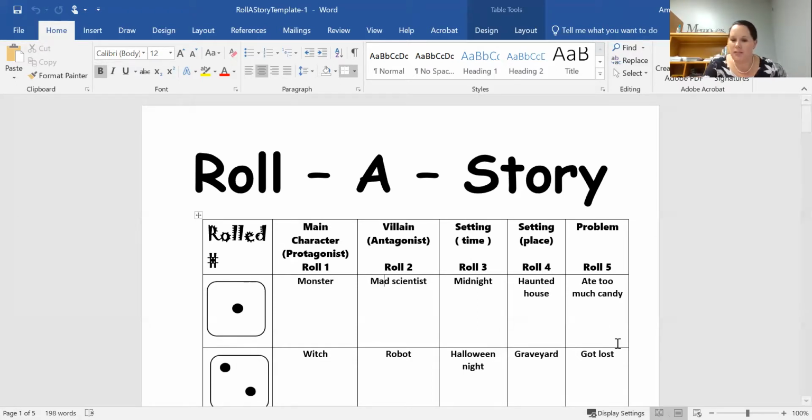So if I rolled a 1, just because I can see it on the screen, number 1 is my protagonist ate too much candy. That's my climax. Okay. Right there at the top. So all these rising actions are going to be what led me to have the protagonist eating too much candy. Okay. And we're going to work on this today. And at the end of the day, hopefully you will have rolled for the parts of your story, and you will have a story map completed. That's the goal anyway.